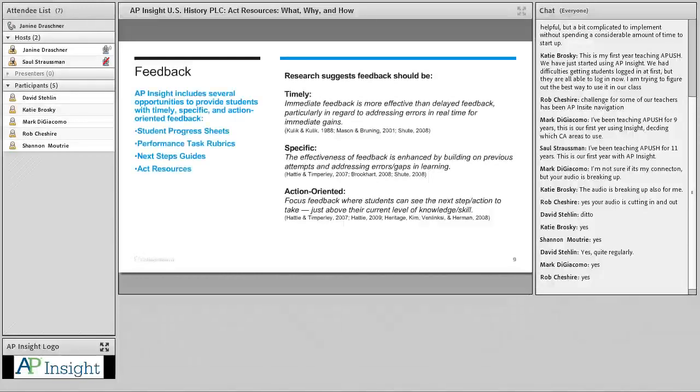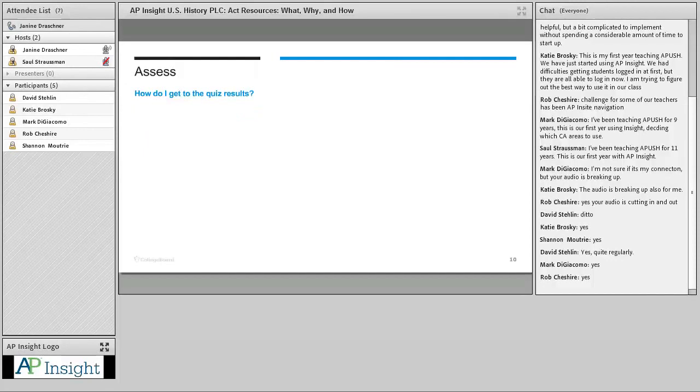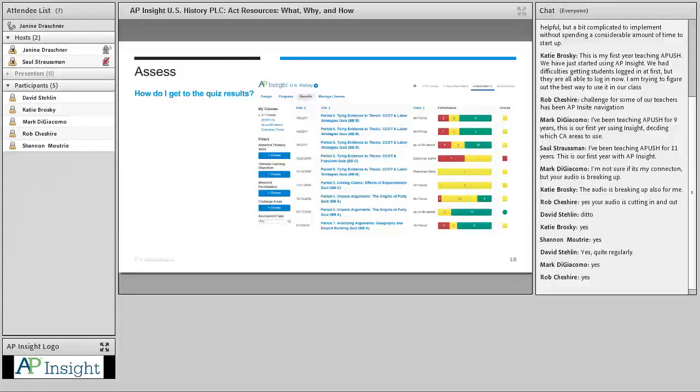Okay. Although all of these things that have just appeared on the screen on the left provide feedback from AP Insight to the students, we're going to focus on the next steps guides and the ACT resources. First, how do you get the quiz results? And I'm assuming probably all of you have done this, and if not, we're going to walk through it now in any case. You can see your students' building block quiz results under the Assessments tab, right there on